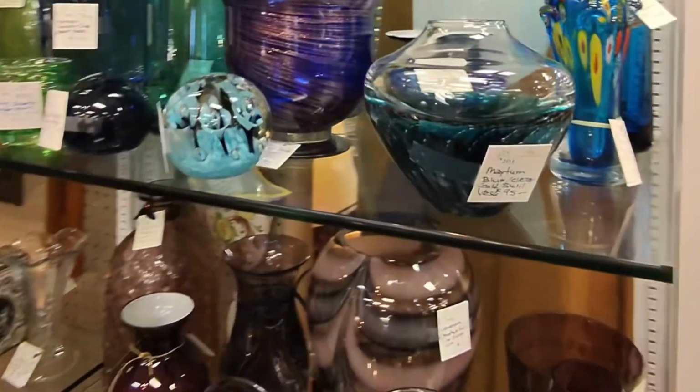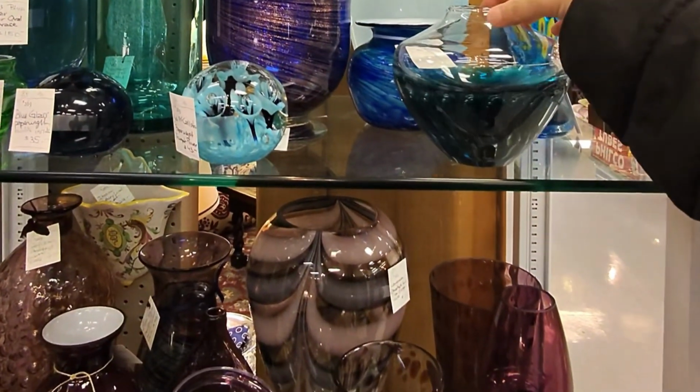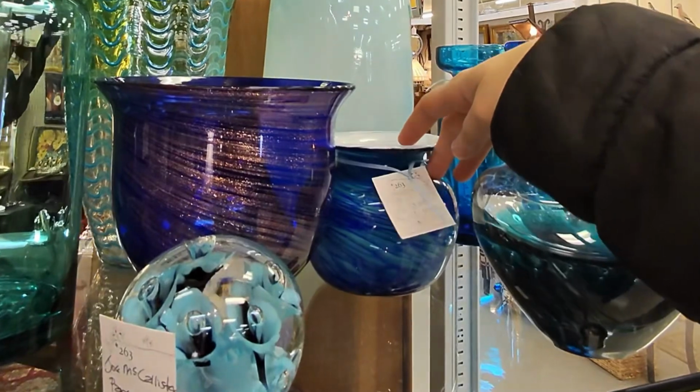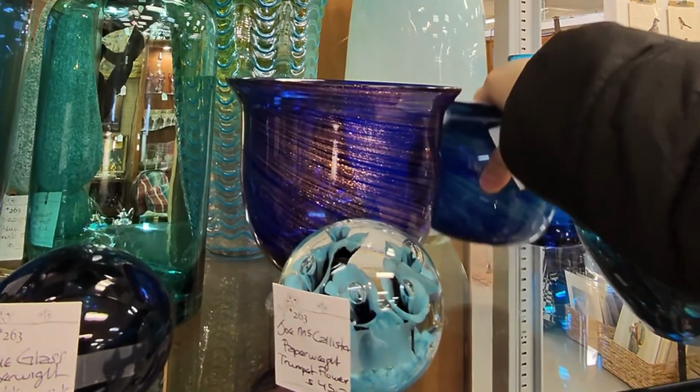And down over here was some more beautiful glass. Art glass by different artists. Some of them I've never heard of before, but look at the swirls on there. That blue one in the back was also fantastic. And they said it was signed. I could not make it out